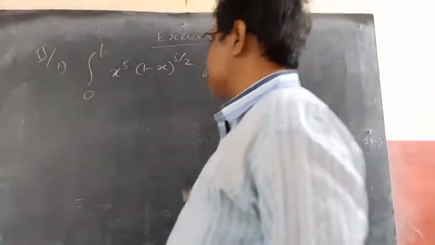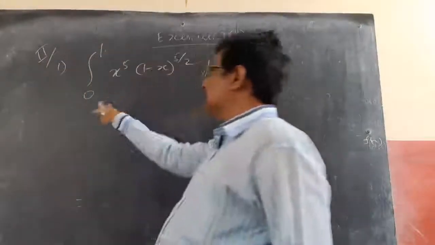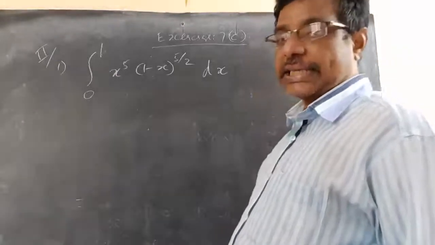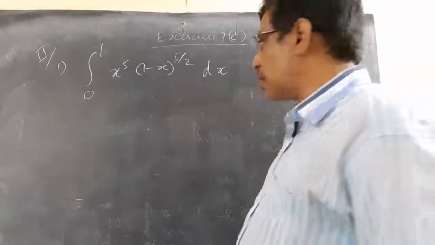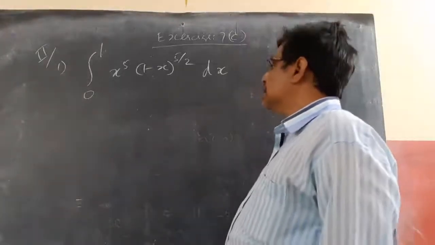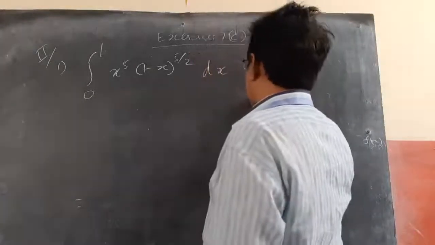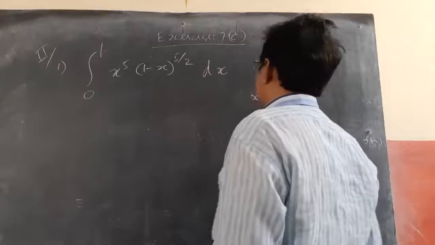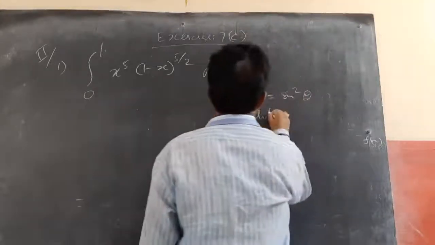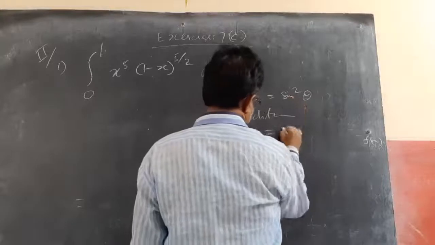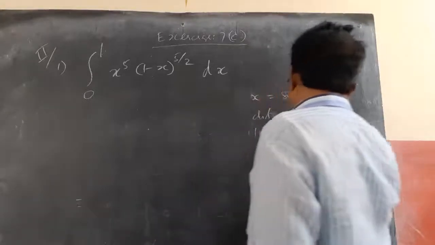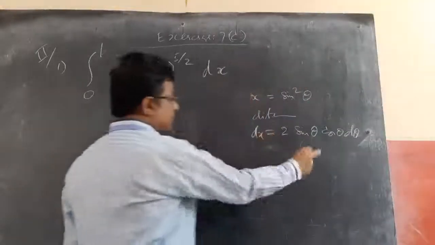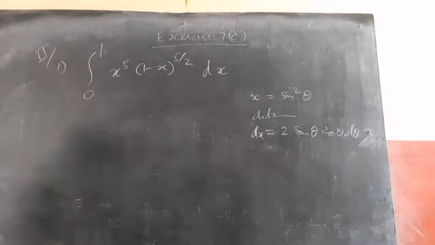Here, there are two ways of doing this sum. One is 0 to a f(x) dx, like f(a minus x) you can apply, or you can take x equal to sin theta or cos theta. So I am taking x equal to sin square theta. Now with respect to x, what do I get? Derivative of x is 1. Sin square theta derivative is 2 sin theta into inner derivative cos theta into d theta by dx. Now the dx to this side, so in place of dx I can write 2 sin theta cos theta d theta.